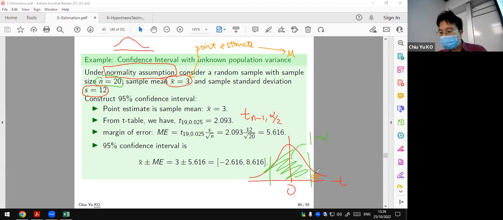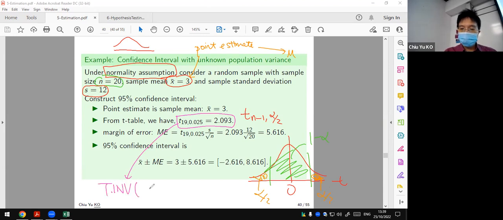That means that this guy is alpha over 2, and this is alpha over 2. And how can we know this guy? How can we do this? This will be T.INV, and you put